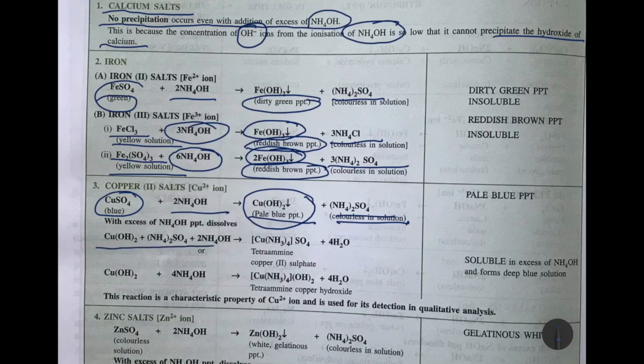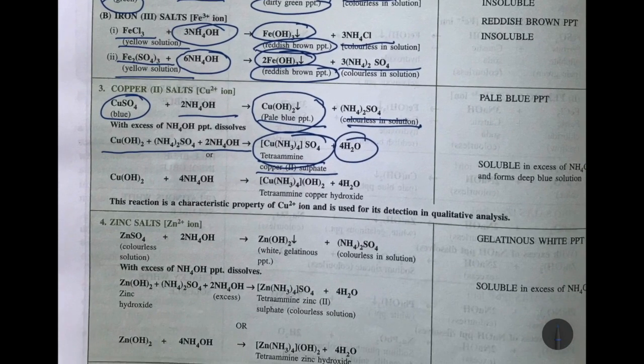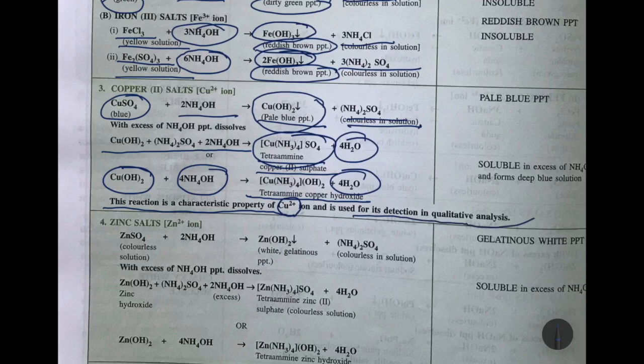So here you can see, due to the formation of tetramine copper 2 sulfate, this dissolves in excess of ammonium hydroxide and water will be formed. Okay, and copper hydroxide, the blue precipitate, in excess of ammonium hydroxide forms tetramine copper hydroxide and water. So this reaction, remember children, is the characteristic property of copper ions and is used for the detection in qualitative